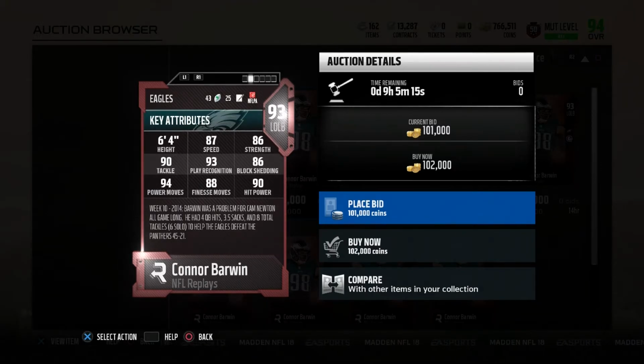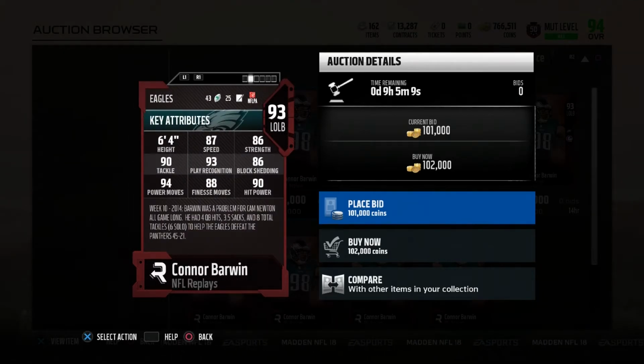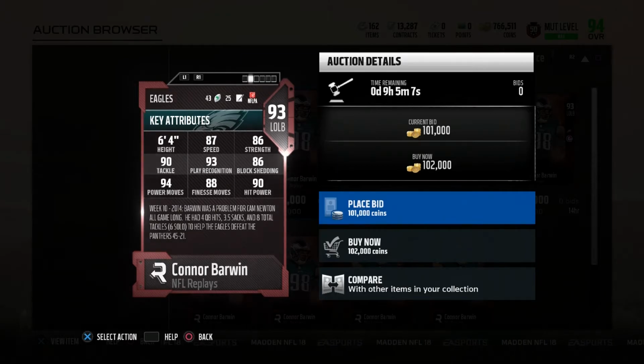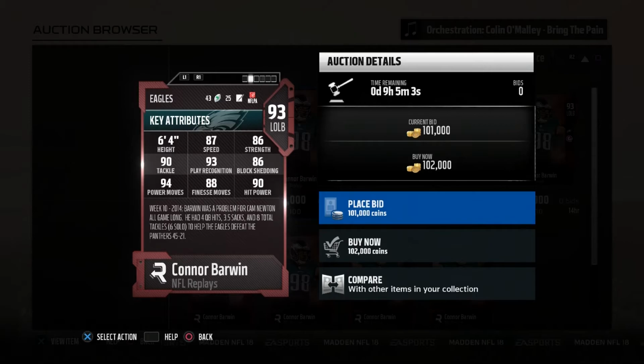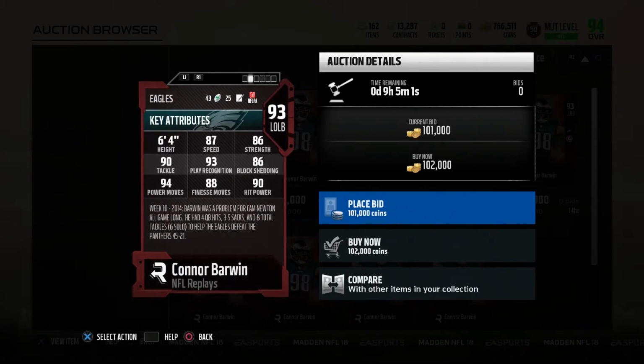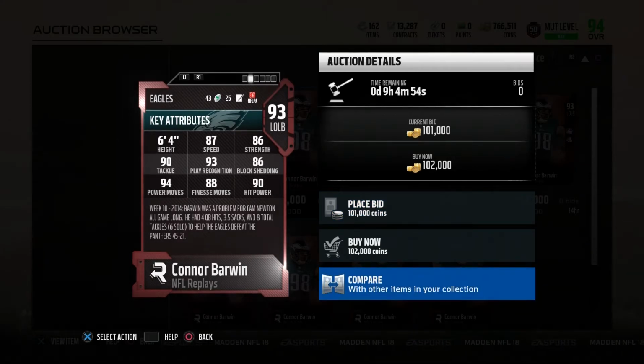With the 94 power move, that plays absolutely great, and I'm not sure what physical front one does once again, but he's going to be able to boost up something in there, with probably either his finesse move or his power move and his block shedding. But definitely recommend him. Honestly, if I did an all Rams team, I'd pick him up. And if you're an Eagles fan or Connor Barwin fan, he's going to be really good. Probably not worth 100,000 coins, but he's really good just because there's not that many good left outside